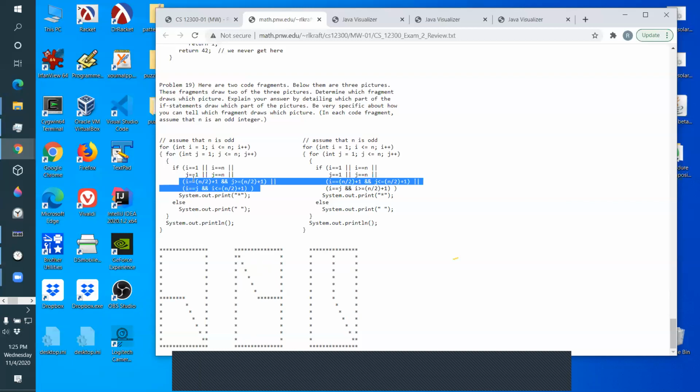Okay, so the logic, and the way you do it is you have to tell me exactly what I is. I is the thing that counts the rows. You got to know exactly what J is. J is the thing that counts the columns. Then you look at, well, N is the dimension. So N over 2 is half of that. Okay, and then because we're doing this with integers, like if I give you 7,